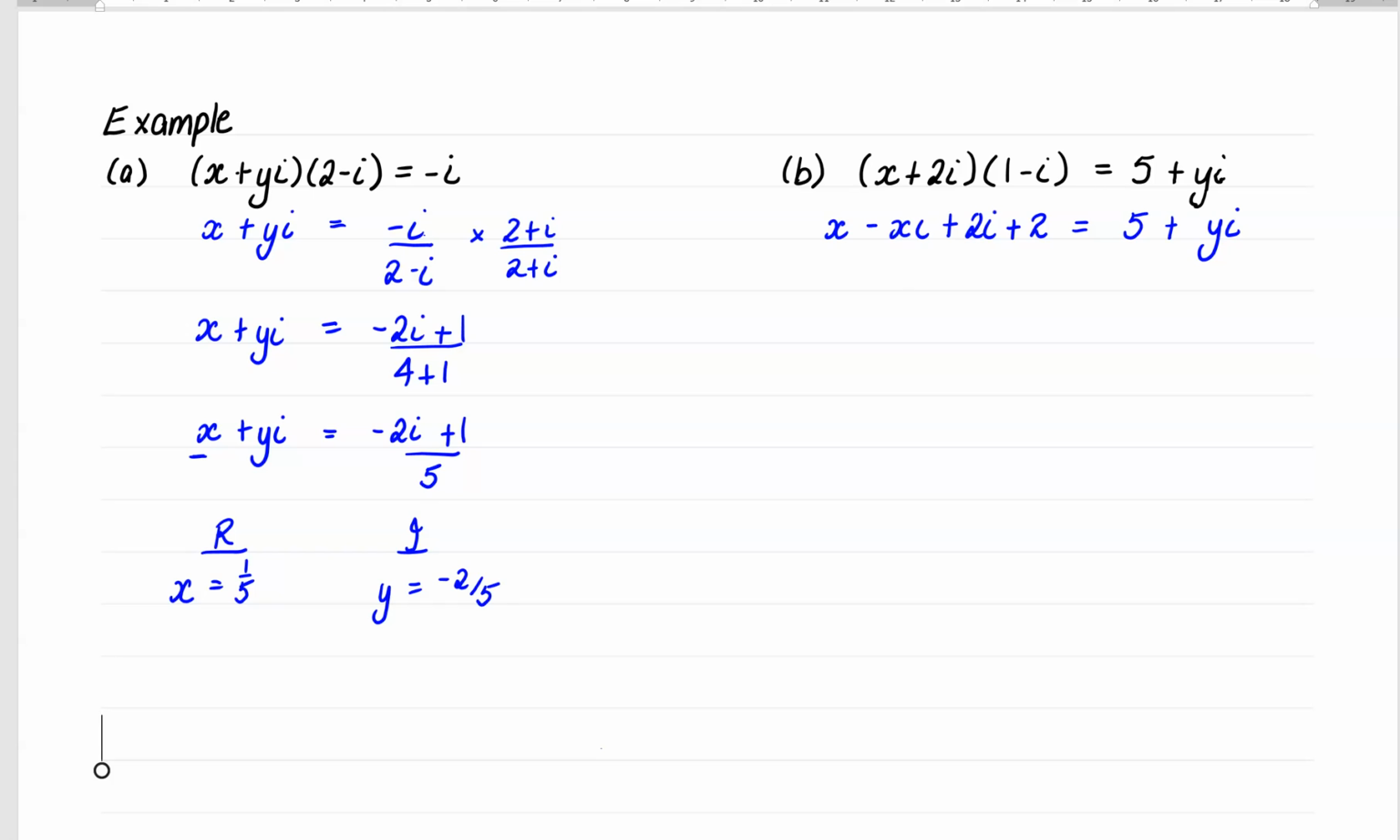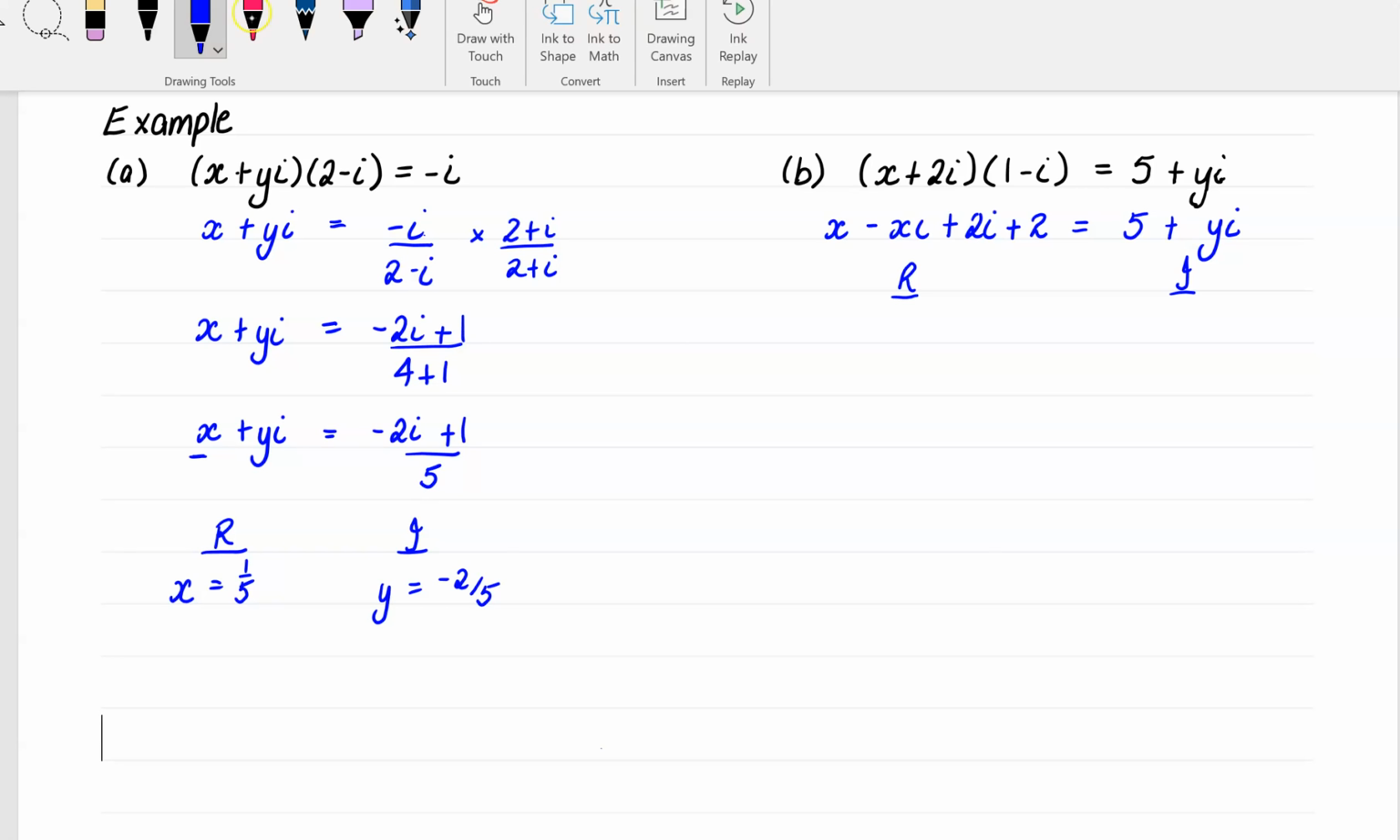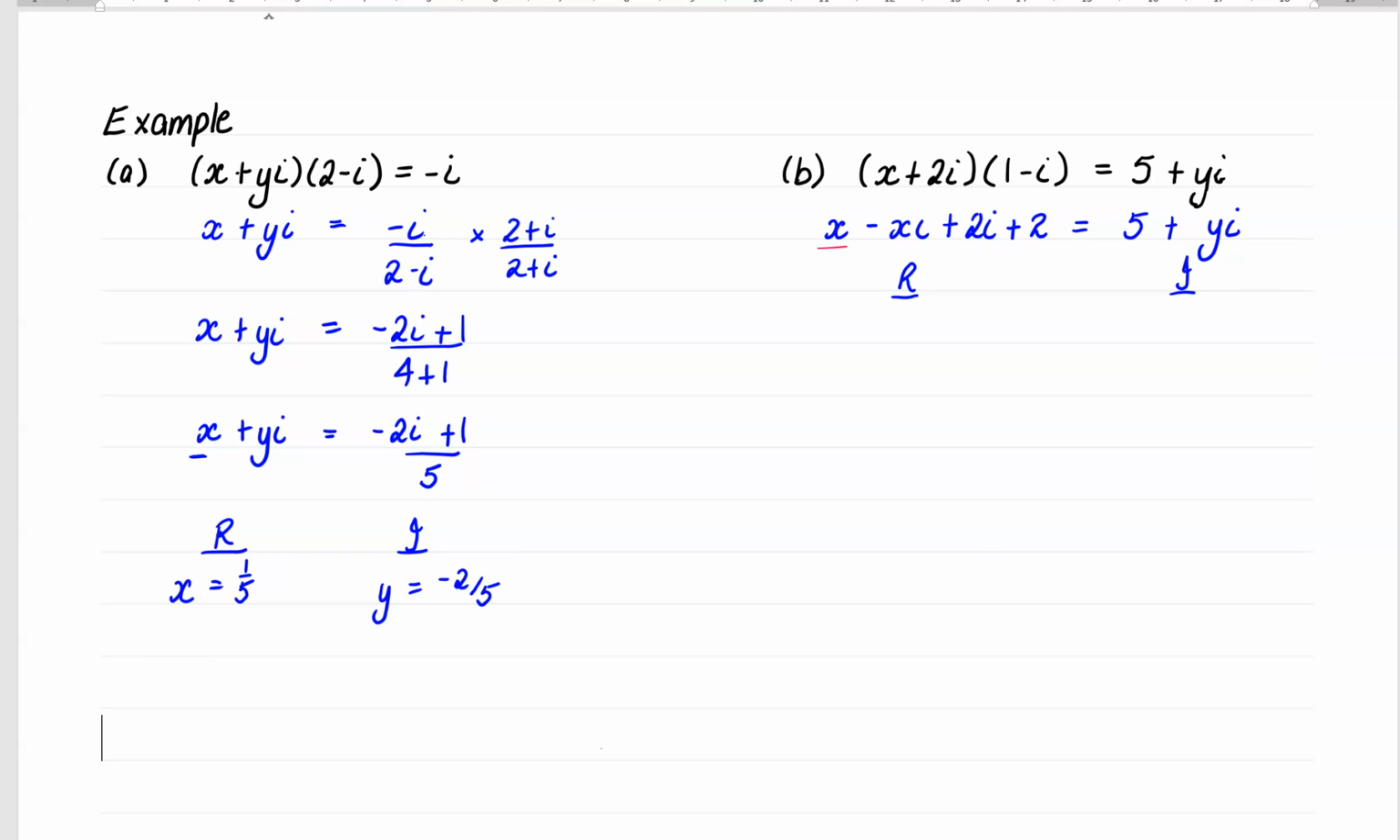And now all I do is I go, right, let's look at the real on the left and the real on the right. If you look at the example that they've done, they sort of pull out the common factor of i and group all their terms together. Okay, that's just extra work. So on the left hand side, your real is your x and your 2, and on the right hand side it's 5. So that's a simple matter. We can now just say x plus 2 equals 5,